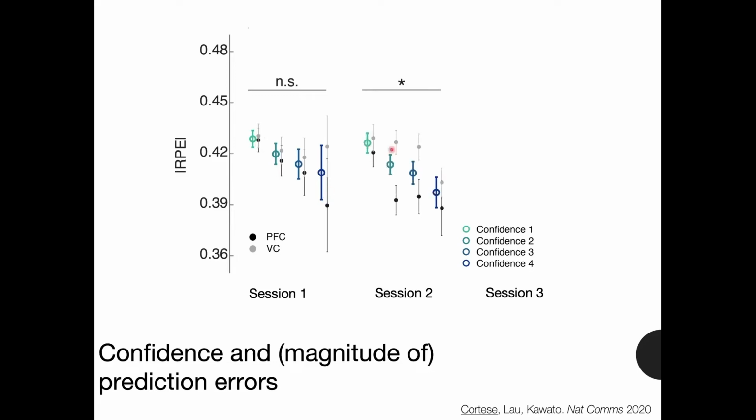On the second session, this association between the uncertainty in learning and the confidence becomes stronger. So now we have this significant association. And when we look at the third session, when participants explicitly learn and the performance in learning is much higher, we see again that this effect gets much stronger. So we have a neat progression of this association between metacognition and reinforcement learning measures throughout learning, and it really increases with learning.